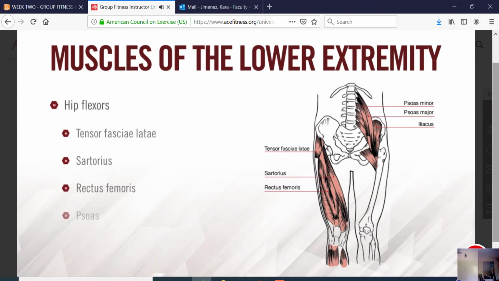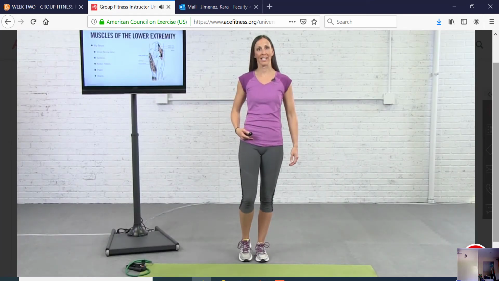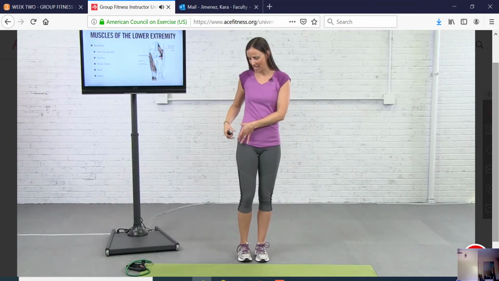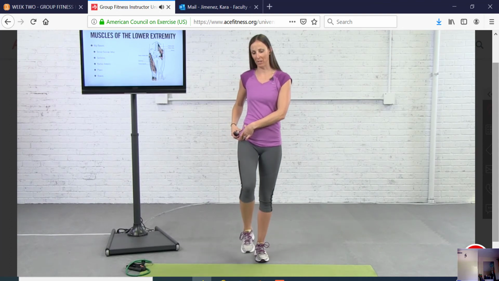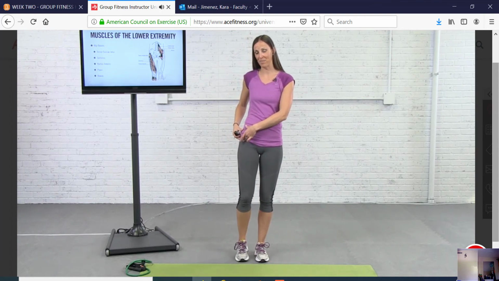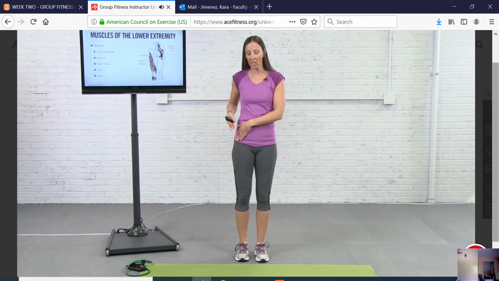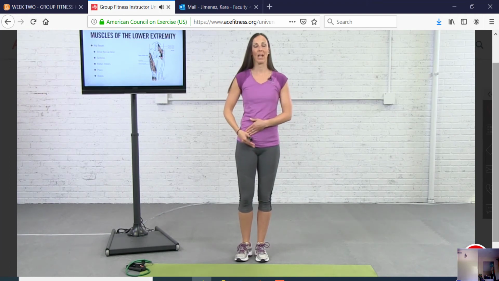Your hip joint can do several actions. Your hip can flex, and it can extend. The tensor fasciae latae is a smaller muscle on the lateral portion of the hip, allowing your hip to flex. In addition, we have the sartorius, which is the longest muscle in the body, running medially, allowing your hip to